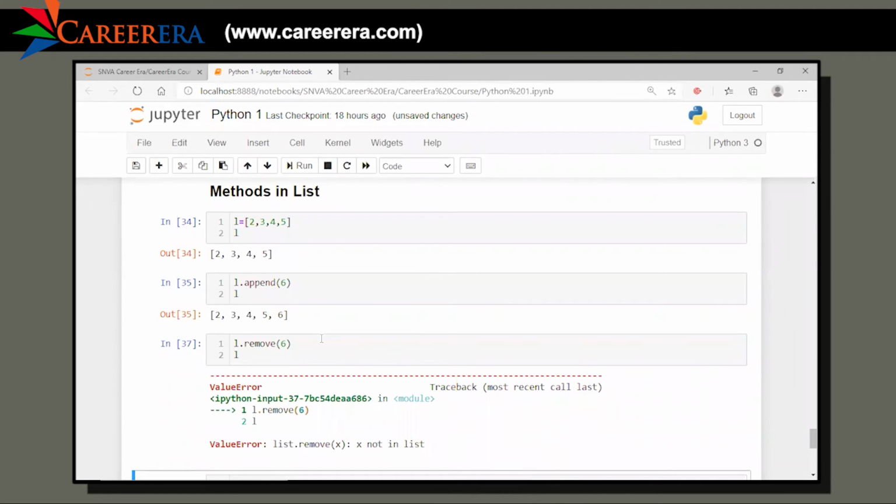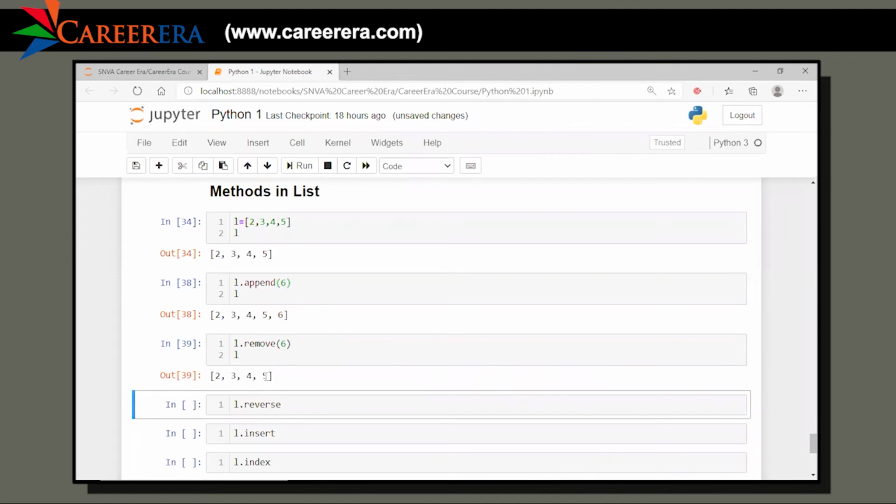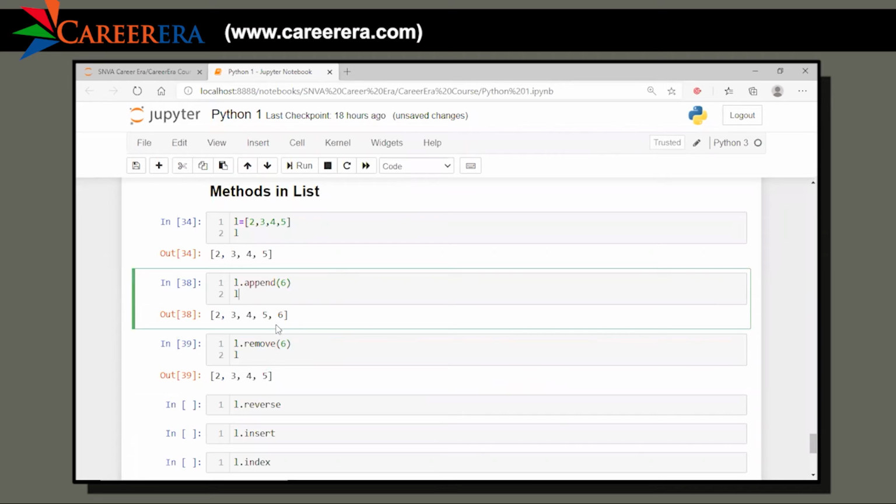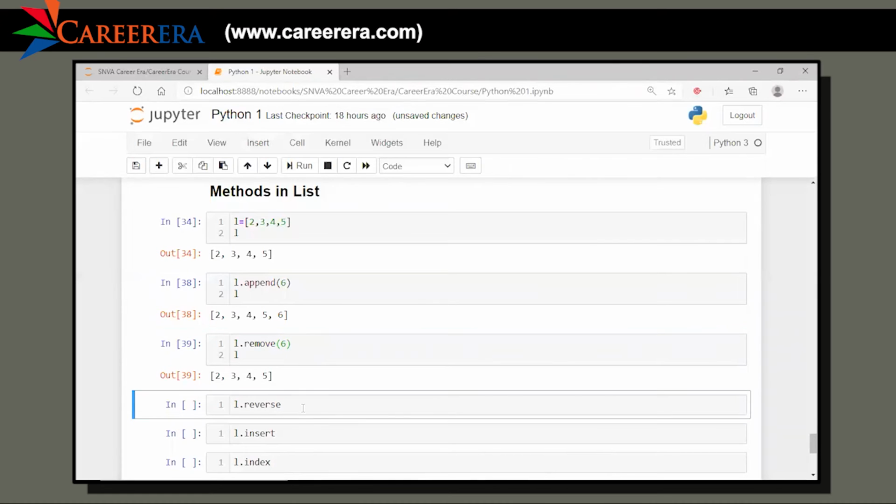It says not in the list. Okay, I have to make sure that it is in the list. I'm removing it, and it is not in the list right now. So the error that you saw was because I forgot to run the cell. If it was not in the list, it will not show you. You have to have the element if you're removing it. Moving further,